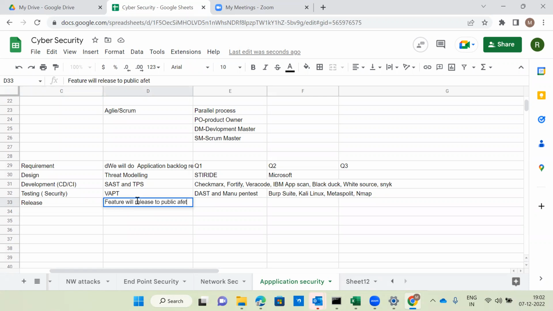After security sign off. But prior to 2018, we were not taking care of all these processes. We were only taking care of security testing, that is VAPT. From 2018 onwards, each and every phase also we are taking care of the security and vulnerabilities identification. So that's why